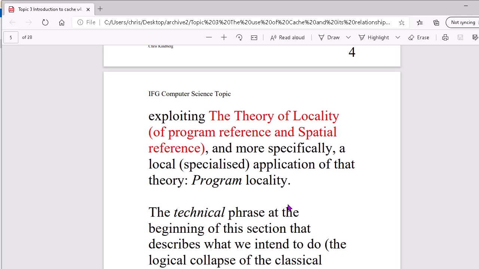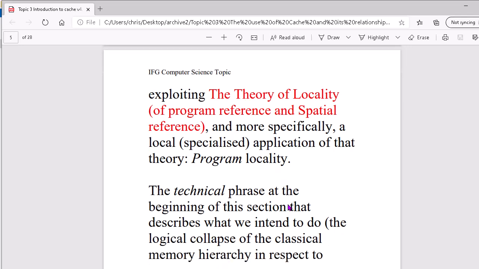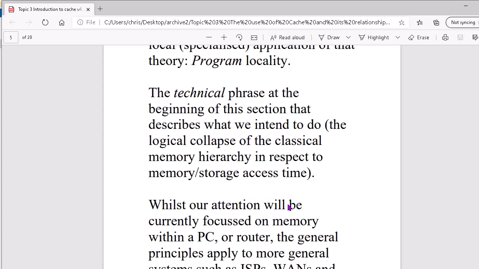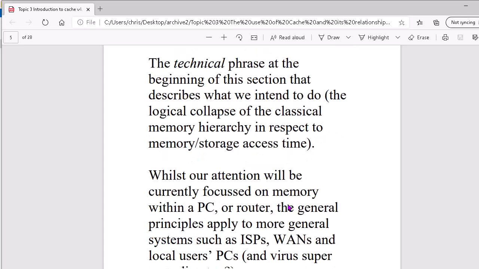More specifically, in terms of computer science, there's a specialised application of that theory to what is called program locality. And research indicates that every program that you could possibly write is going to have certain locality properties. And locality is going to be the secret of our being able to treat the hierarchy of memory as though memory has a uniform access speed across the board. So the technical phrase at the beginning of this section that describes what we intend to do, i.e. the logical collapse of the classical memory hierarchy in respect to memory or storage access, makes a bit of sense